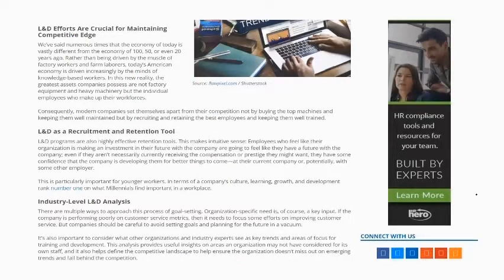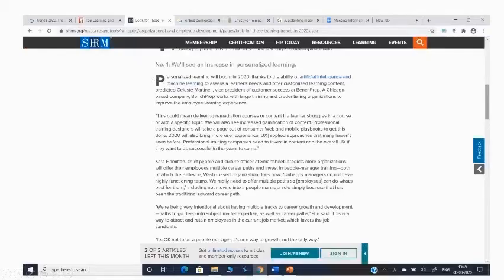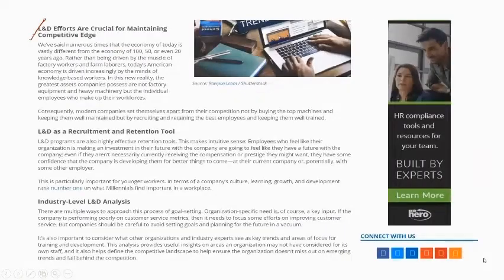Next, let us look at some other very important issues where training and development has a very important role to play. The one is competitive advantage. Now what is important for the competitive advantage of any organization? What works as competitive advantage? They are the people. Remember this. People or employees are the competitive advantage for any company.